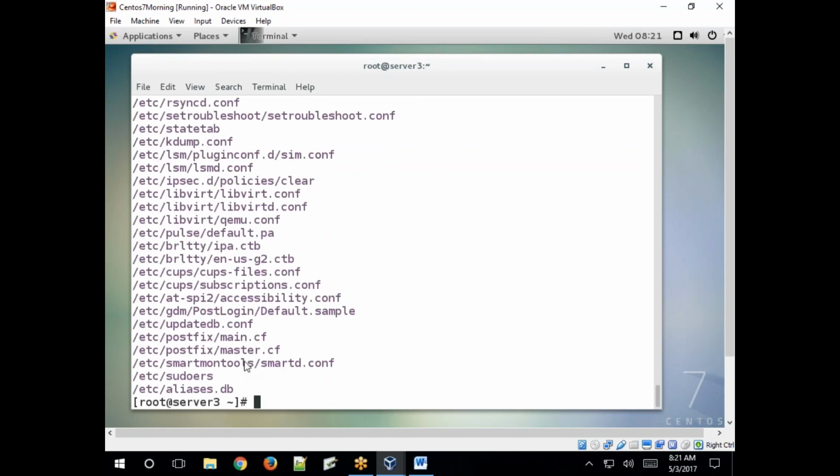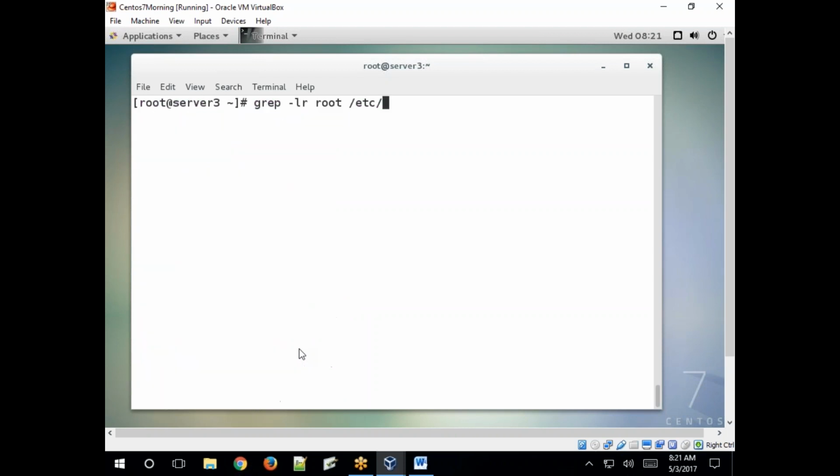See, instead of printing the file name as well as the matching lines, now it printed only the matched file names. Okay, so inside aliases.db, sudo file, the pattern is there. What is the pattern here? Root. Okay, searching for a pattern. Clear?